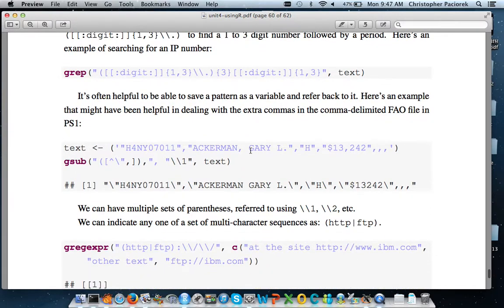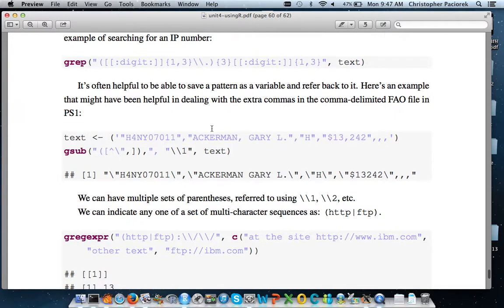But we can also basically refer back to things that were in parentheses. So here's an example that, sorry, I sort of got the context for this wrong. This is not the FAO file that you guys had worked with. This was an example from, I think, from last year. But it's a similar, oh, I see what I was saying. Okay, so this next syntax would be useful for dealing with the country names with the commas in them from that FAO file. But the example here is actually from last year when I gave a slightly different problem on